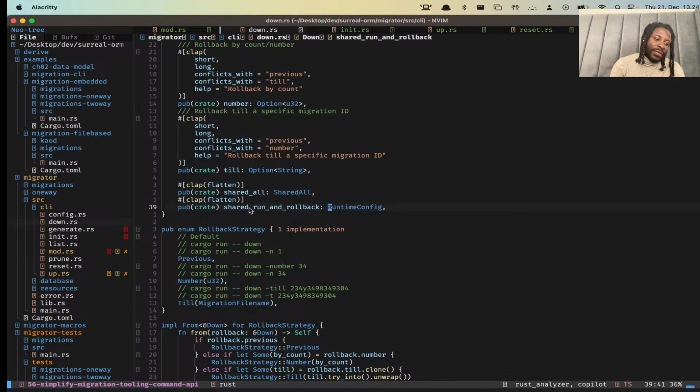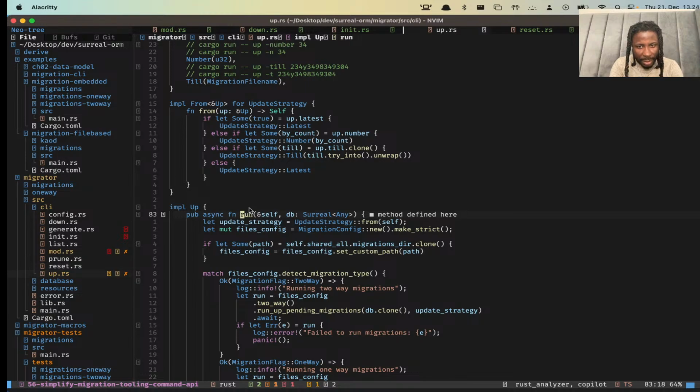So we can decide if we want to share this runtime config field at the top level, right? That's one thing we can do. That way it's going to be easier to deal with. But another way we can probably get around this, so we'll take the DB instance and